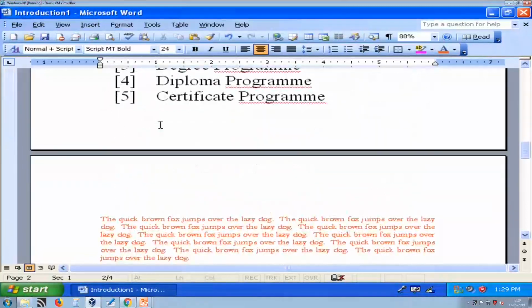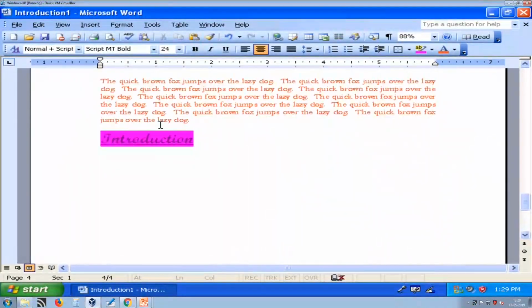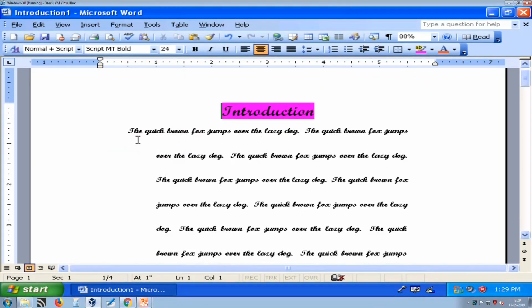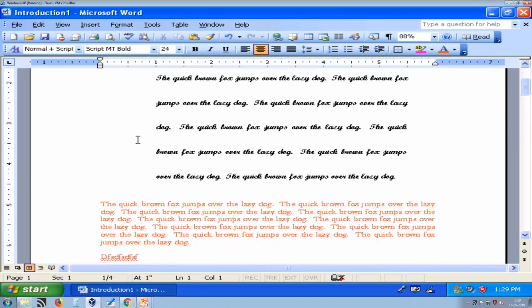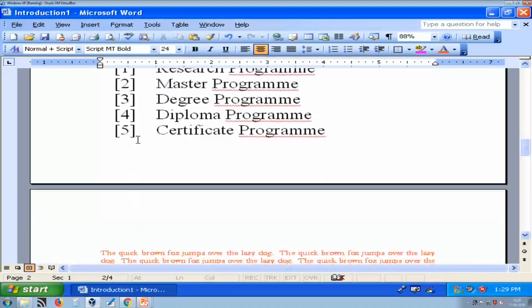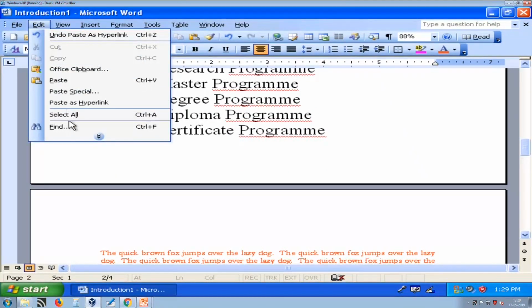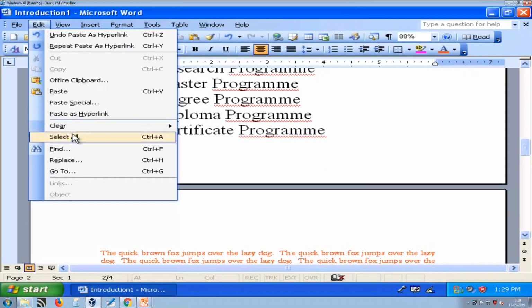So, this is like a bookmark in a web page. So, I can just click with Control, and I can reach immediately between these two places. So, paste as hyperlink is a very useful feature.